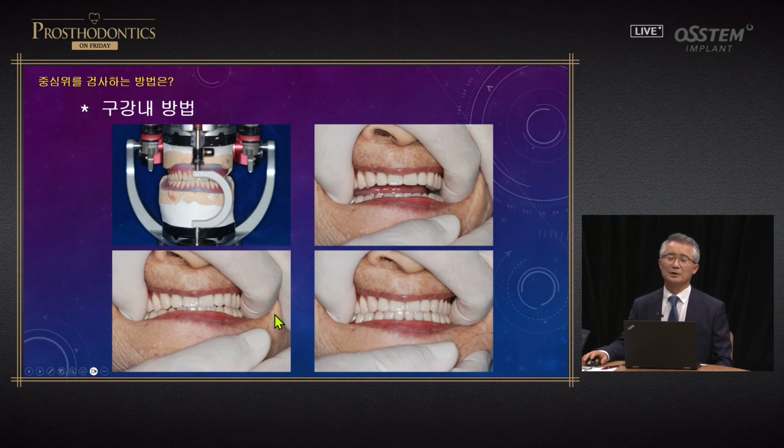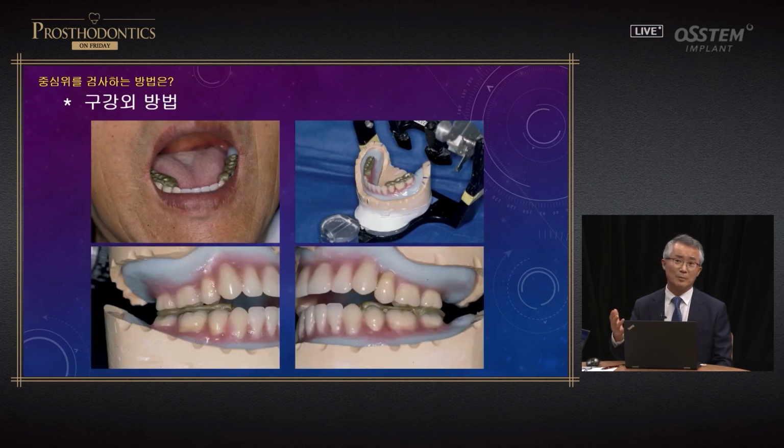Honestly speaking, I think this is false. I don't use this method, and I use the extraoral method. When I provide lectures, I tell my students that I do not use intraoral method. Extraoral method is very easy because you can use articulator, and the CR bite is taken with aloe wax, and you use the articulator. A little bit of space is created because wax was used. Still, because the hinge axis is right, it should be more in contact. Then this is not right.